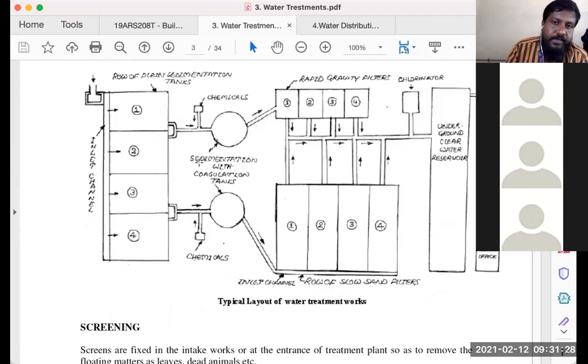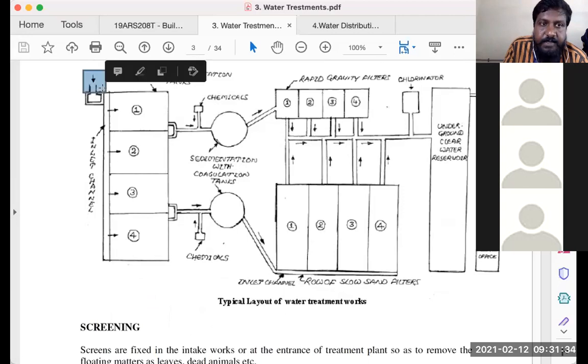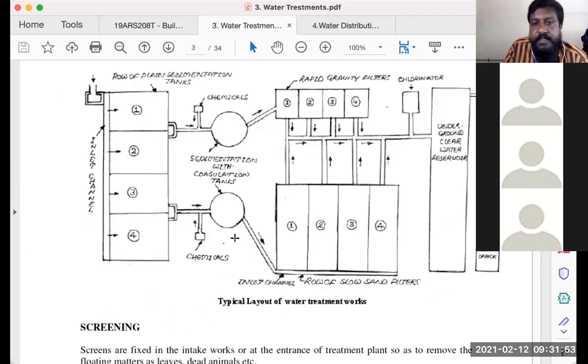This is another layout of the same process mentioned on the top. If you can see from the left where my mouse pointer is, the raw water is collected into separate tanks for sedimentation. Once it gets filled up, it passes on through a pipe to another, circular tank, in which it gets infused with chemicals, where sedimentation happens with coagulation. Then in this drawing, they are showing two systems. One is a rapid gravity filter, another is a slow sand filter. I'll tell you what the difference between them is. After which it's commonly collected through a pipe.